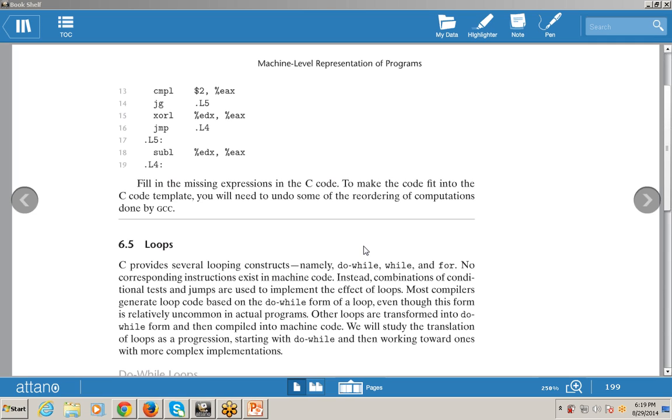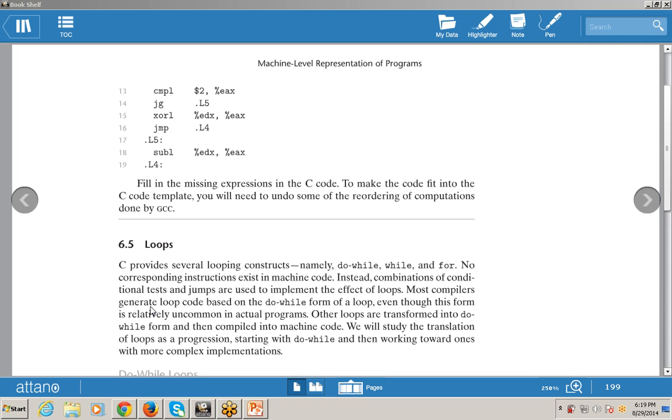No corresponding instructions exist in machine code. C provides such loops, but there is no corresponding machine code instruction for these kinds of loops. Instead, combinations of conditional tests and jumps are used to implement the effect of loops.